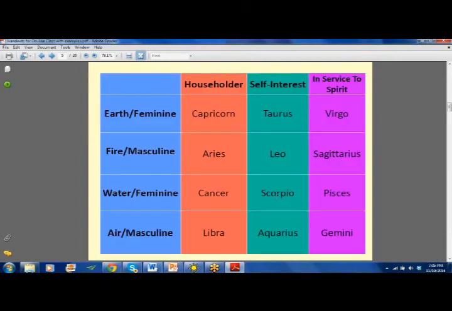Scorpio is self-interest, but it's water. And Aquarius is self-interest, but it's air. So each of these archetypes, and then of course Virgo is earth, Sagittarius is fire, Pisces is water, Gemini is air, and these are all the in-service-to-spirit signs. This is going to be really helpful for you to have this breakdown of how the elements and modalities, but especially the modalities, work, when we get to the place where we're going to be looking at how to figure out